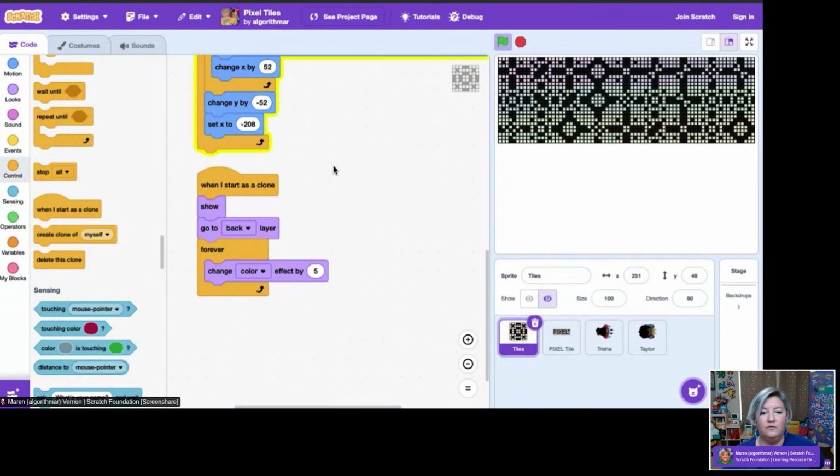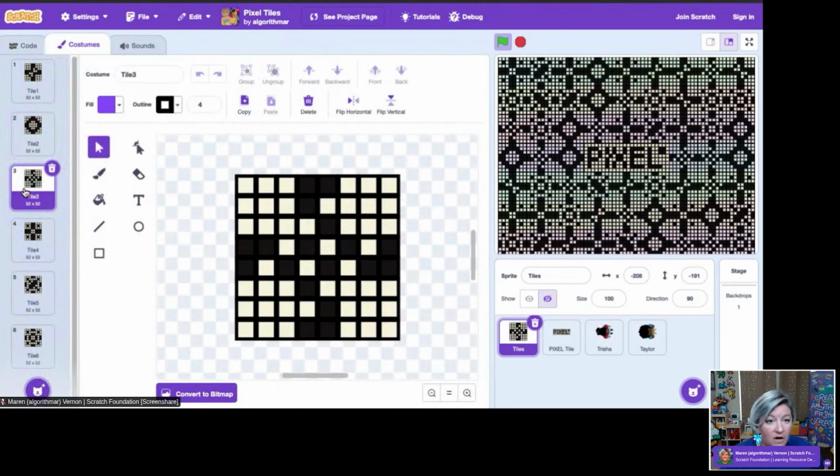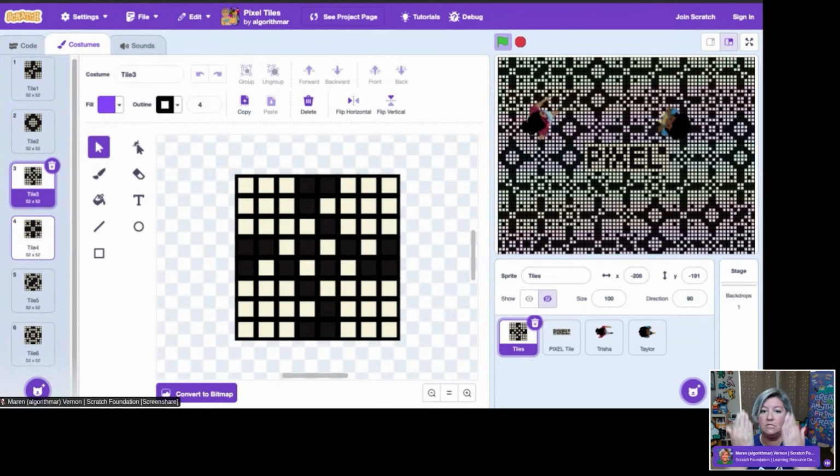I could add little fun things like have it change color. And so as I add those blocks, now my tile floor is becoming very festive. But again, it's just a really fun way of taking something fairly simple, right? I'm just creating these pixel art tiles, and I'm just making copies, butting them up against each other, but I'm creating this really dynamic and interesting floor background. I've had to set these tiles up again as a sprite because I need access to the clone blocks and other things, but it allows me to set this background scene on my project.